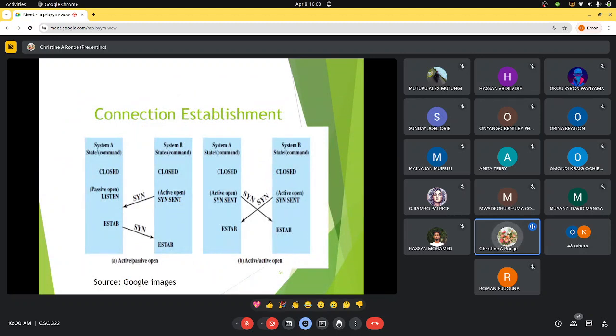This is just a diagram to show what happens. As we said, remember that we are using the two-way handshake protocol. And here, this is the server, which is already in the listen state. Notice that initially the state was closed. It went through all those things until now it is in the listen state. And it's in the listen state that it now receives a request for connection, and then it sends back an SYN